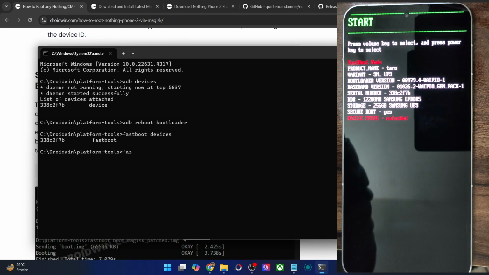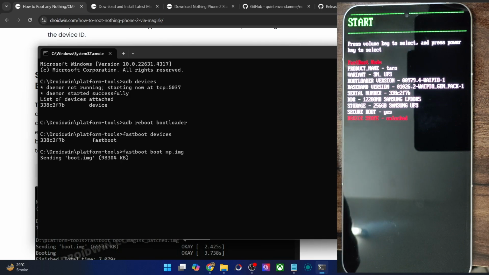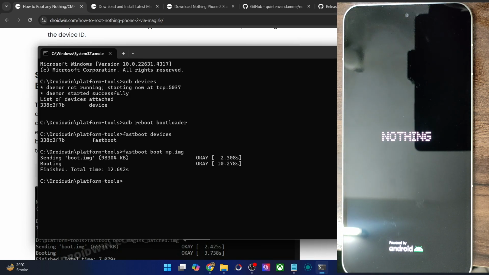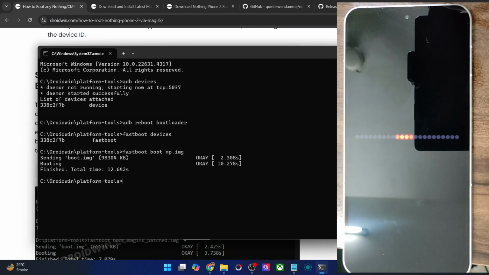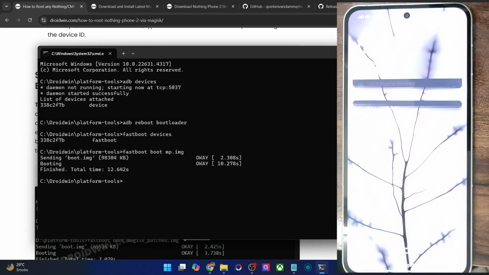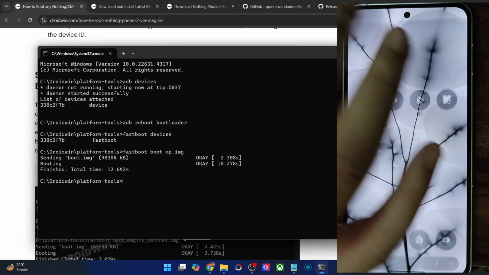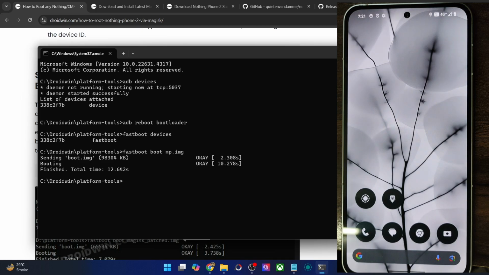So type in fastboot boot and the patch file name, which is magiskpatch.img, and hit enter, and our phone will now boot using the Magisk patch boot.img file. And this is just a one-time root. Upon a subsequent reboot, the rooting will be gone. So we are only opting for the one-time root because we want to verify if the patch file is working or not. So let's give it a try. This is a major advantage of using the boot.img file, which supports the Nothing Phone 1 and Phone 2 as of now. So as you could see, our phone is now inside the OS. This signifies that the patch file was correct, and we will now go ahead and obtain permanent root.